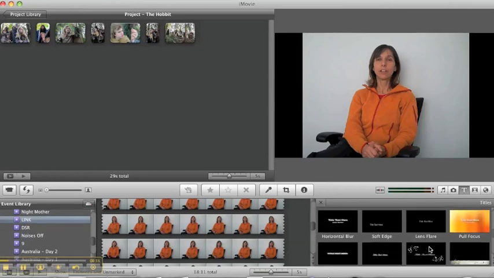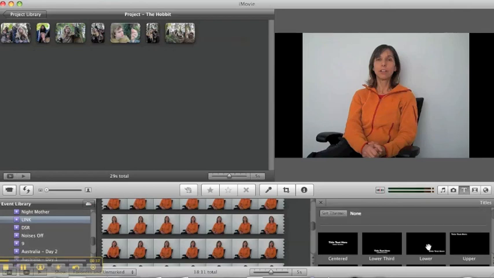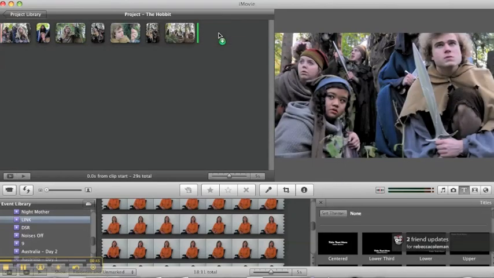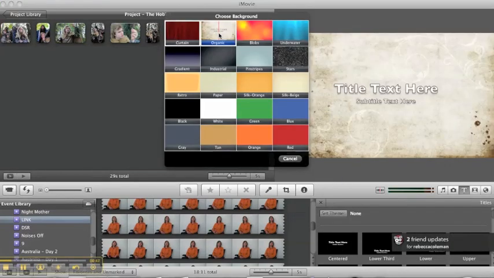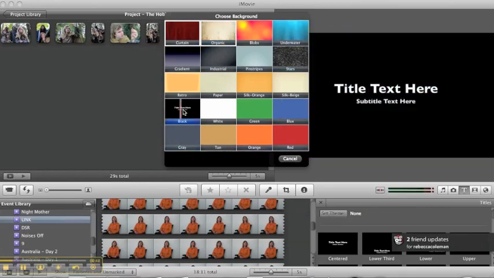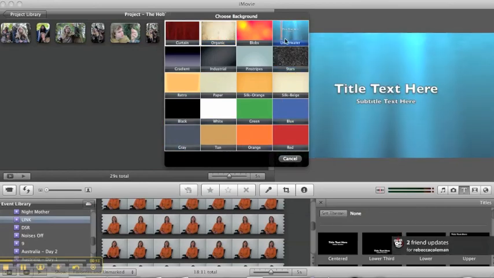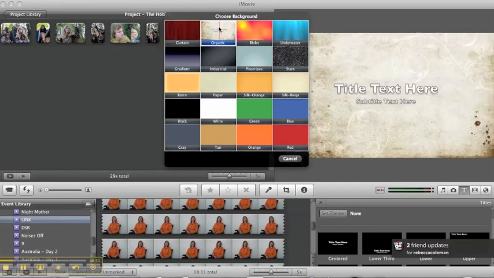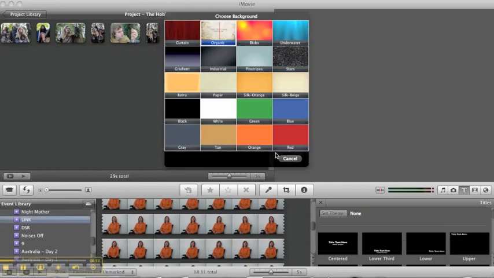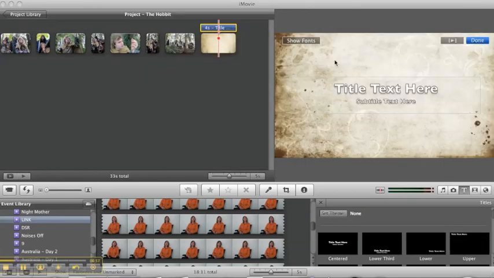Some of them are really fun, and so I would just encourage you to play around with them. All you need to do is just take the title and then drag it to where you want it to go, which is here, and then you can choose from all of these different backgrounds, whichever one you like. I've decided to go with this organic one because I think it looks kind of like the Lord of the Rings a little bit. Then what I'm going to do is I'm just going to really simply write The Hobbit,